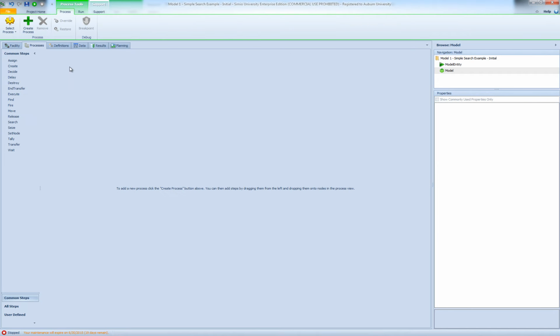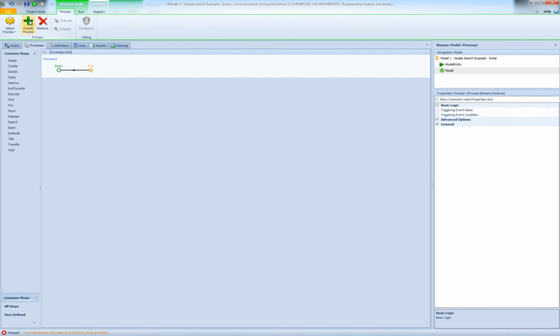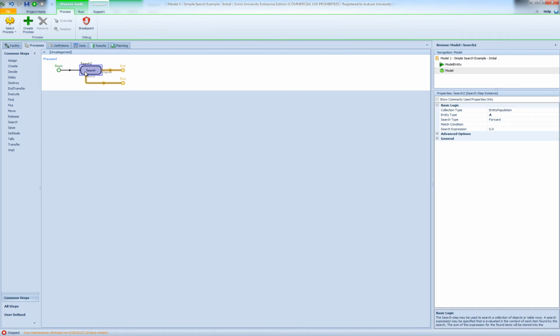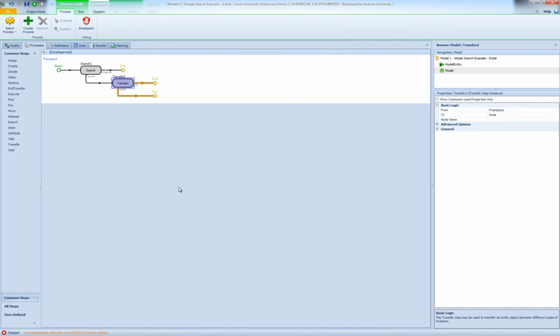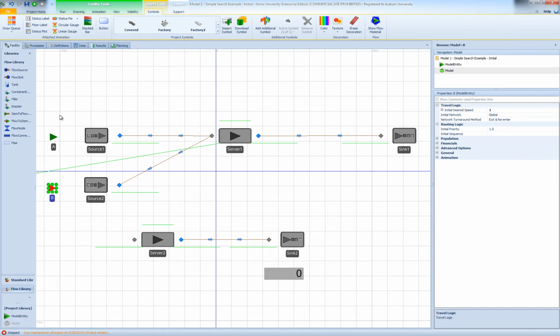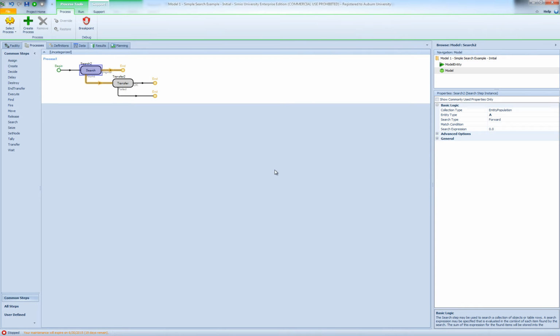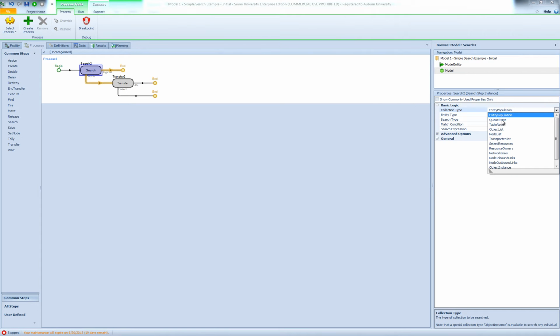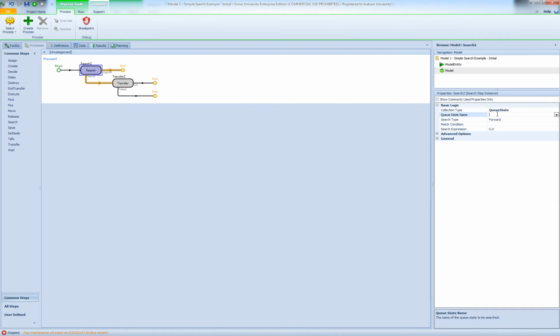So let's go ahead and define our process. So I'm going to click on Create Process, and in this process I'm going to have a search step and a transfer step. So here is my search step, and then the entities that I find are going to be transferred to input at server 2. So we've already talked about our search step and its properties. So we know that we're going to do a search on a queue and specifically the contents of server 1